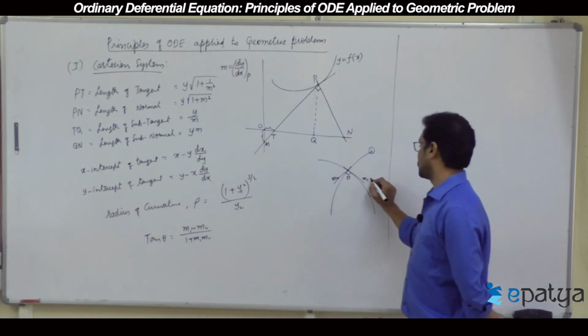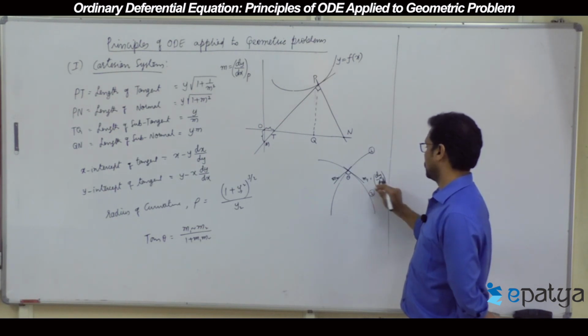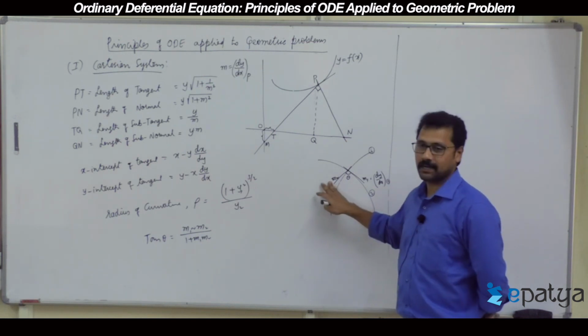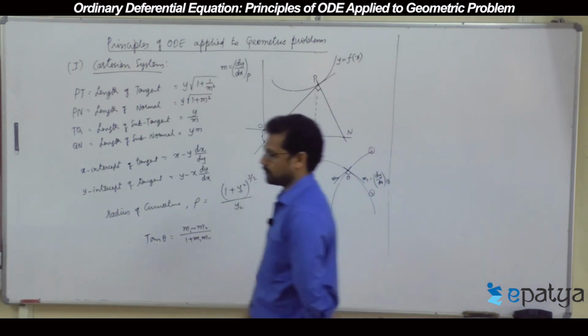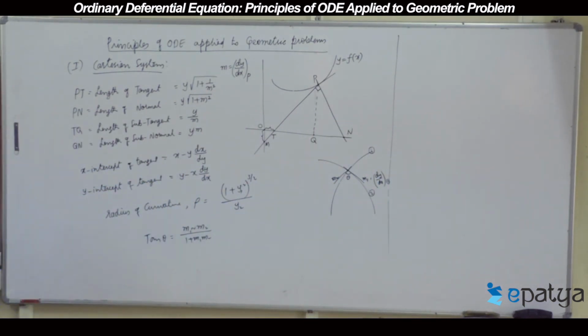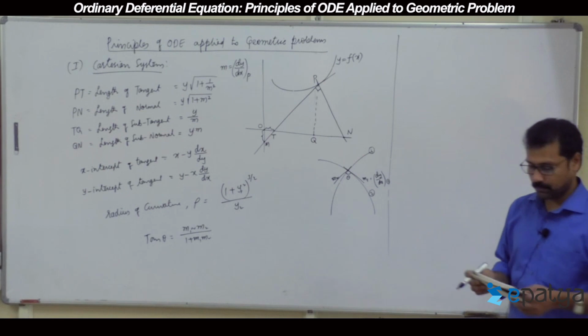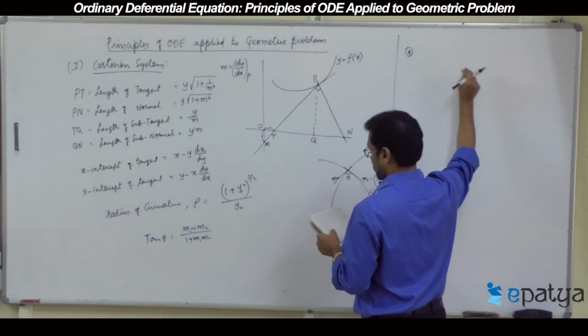Suppose if M1 is slope of this one, which is dy by dx of first curve, then dy by dx of second curve would be minus 1 by dy by dx, and then proceed further. Take a question. Find the equation of the curve which passes through